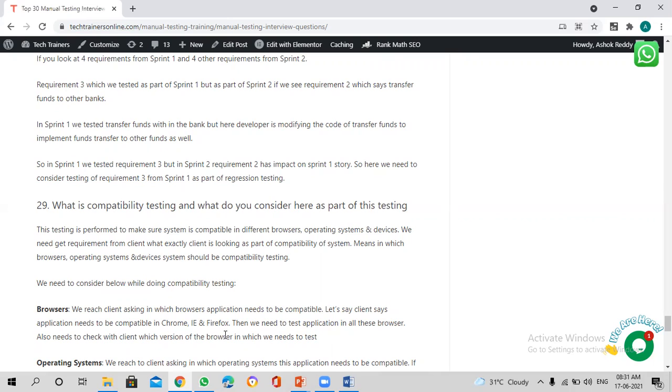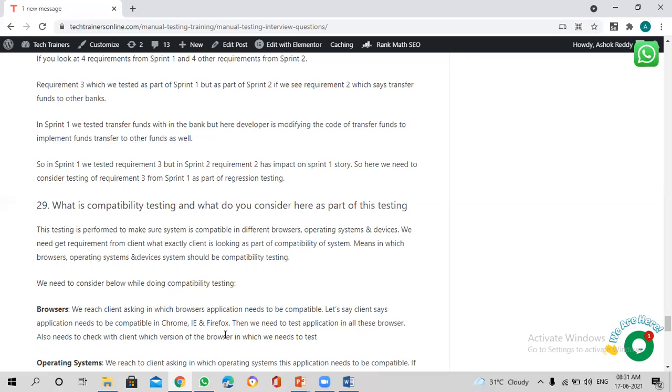Also we need to check with the client which versions of the browsers it needs to be tested in. It doesn't mean only the client says these are the browsers, you still need to ask on which versions of the browsers.